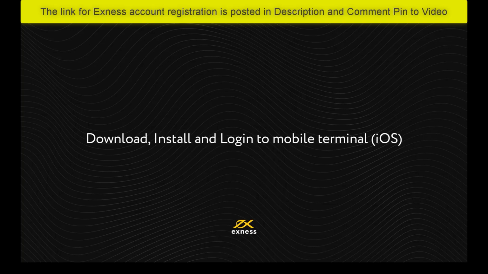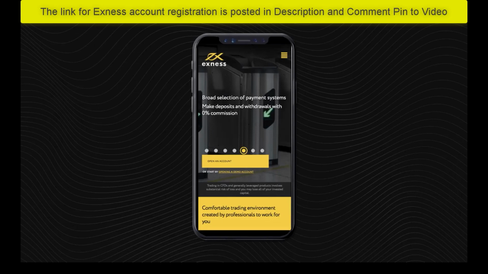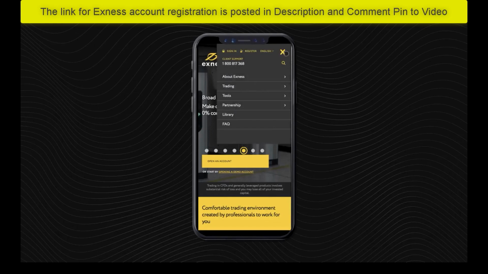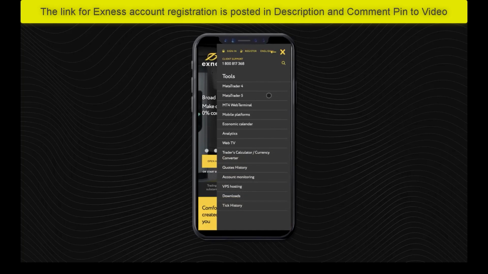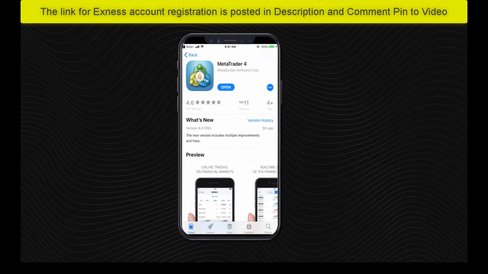Download, install, and log in to Mobile Terminal, iOS. To begin, visit the Exness website, go to Tools, click the MetaTrader 4 tab, and download the terminal. Once you have downloaded the app,